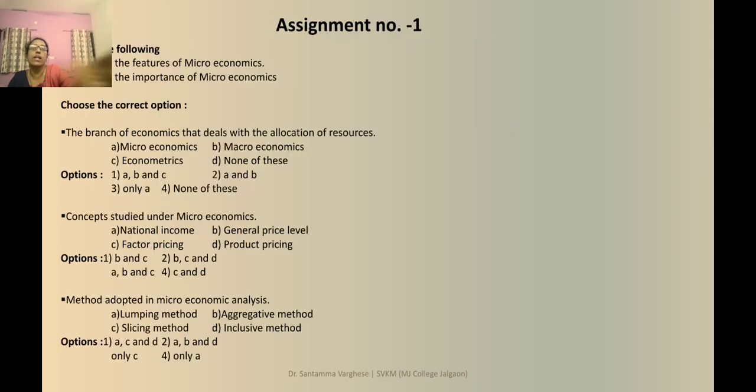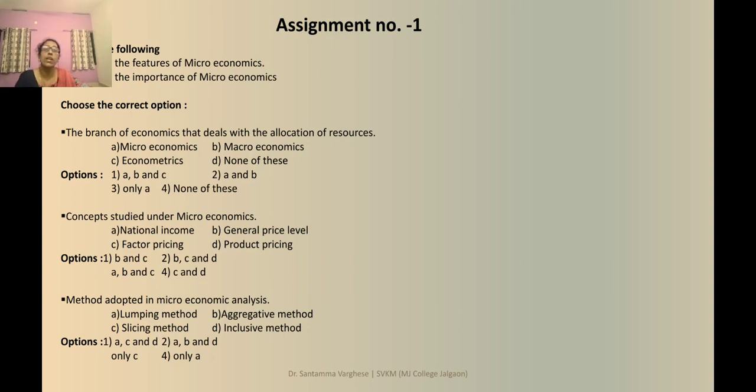Now, let me give you some assignment. After discussing this, you have to go through the features and importance of microeconomics. We have studied the 8 features of microeconomics. You have to write 2 sentences on each. Every point is given, so according to the explanation, you can review my explanation in the video, see what you have to write, take the different points, and write the answers.